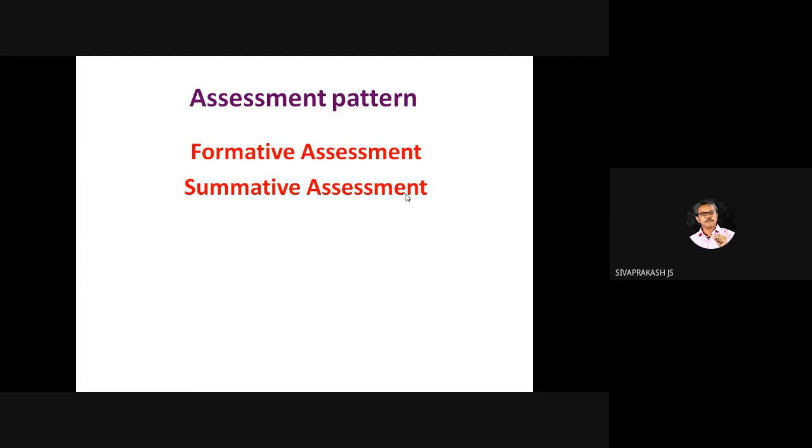Evaluation system. Different types of evaluation, functions of evaluation. Then the last one, which is most important, learning disabilities. There used to be a definite question on learning disabilities. There are 7 types, not even 7 plus 4, I should say 11 types, because learning disabilities and disorders come in 11 types.